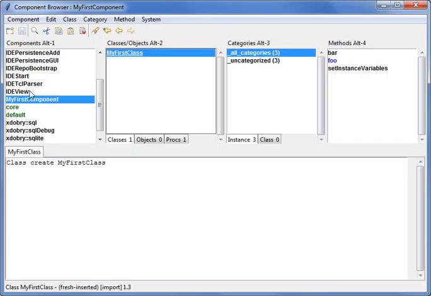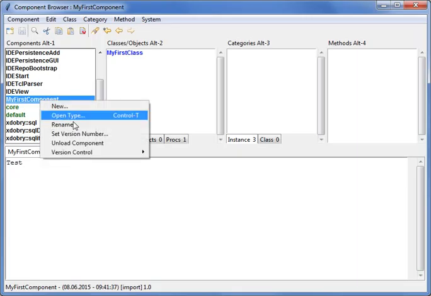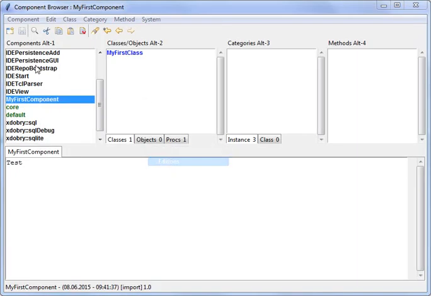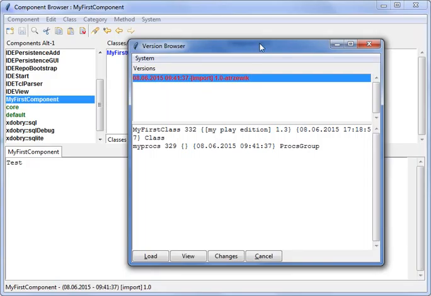And I can do the same with a component. I can have many editions of a component. Let's do it.